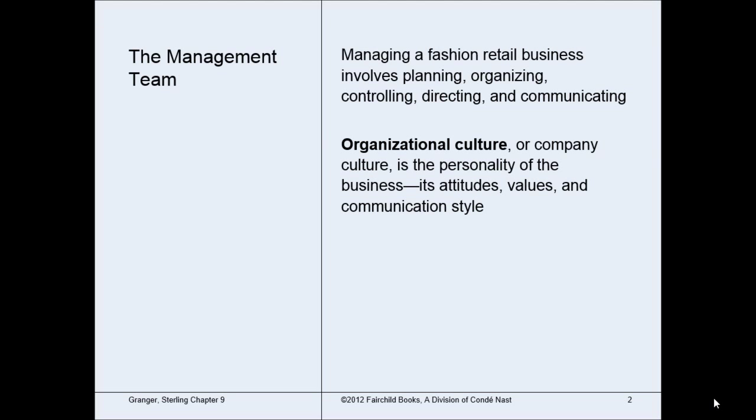So looking at the management team, managing a fashion retail business involves planning, organizing, controlling, directing, and communicating. And your management sets the tone of the culture of the company, so it's important that you have a really good management team in place. And the management team is also usually in charge of sales, finances, marketing, and operations, because one person usually can't do all these functions, so you're going to need to hire people to do each of these roles that have